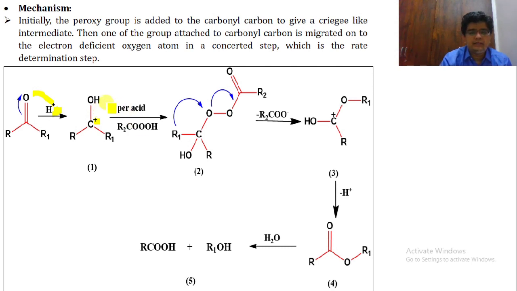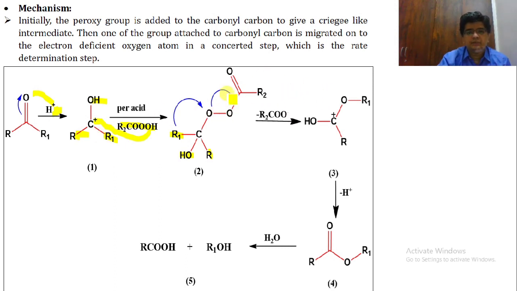Now when we treat this molecule with the per acid, in the per acid, that is R2, C, oxygen, oxygen and OH, this has a negative charge and H+. So now what will happen? This negative charge of oxygen will attack the positive charge. So here I am writing this molecule like this, suppose R1, this is the OH group, this is the OH group, here we have the R group, and this is C. Now from here, that is oxygen, oxygen and C double bond O and R2.